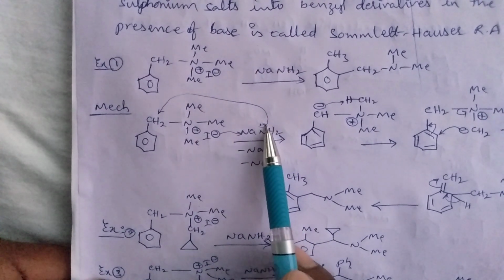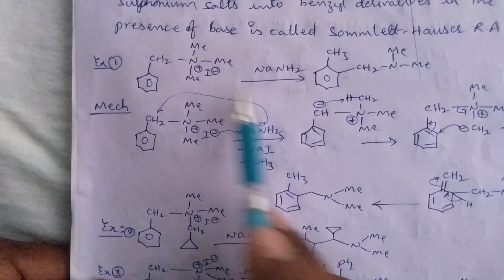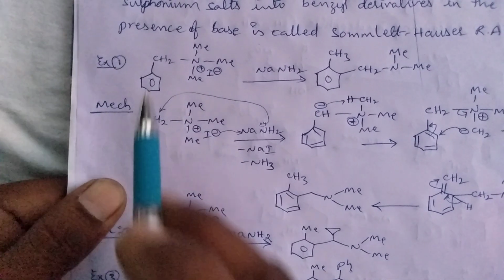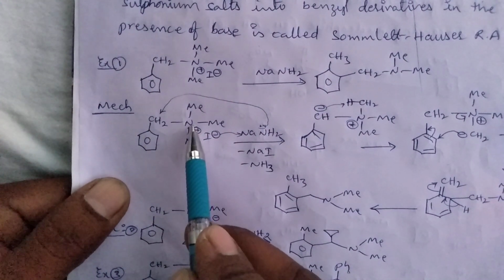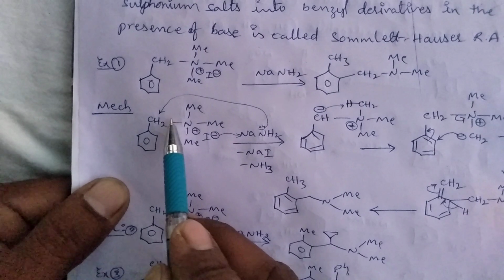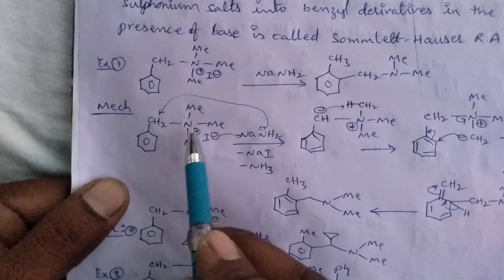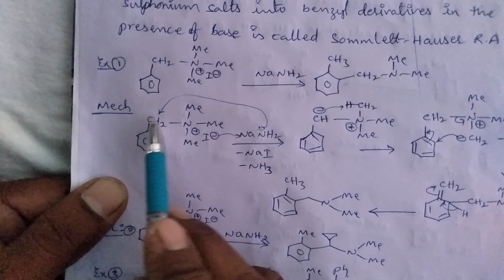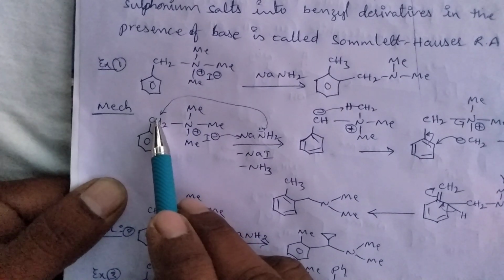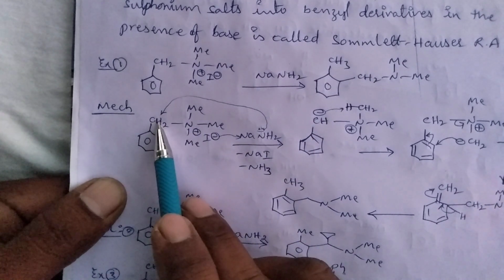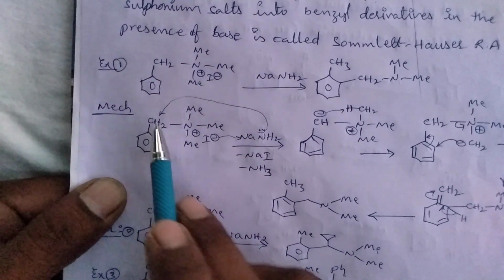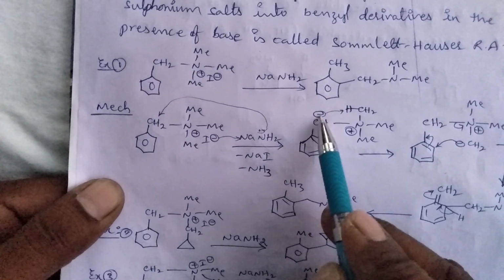So the negative part, NH2 minus, abstracts the H plus ion from this carbon center, because here, due to the presence of positive charge on nitrogen, it easily abstracts the bond pair electrons from adjacent carbon centers. Therefore these carbon centers have acidic nature, so it easily abstracts the H plus ion from this carbon center compared to these three carbon centers, which is the more acidic carbon. So this carbon center easily loses the H plus ion and produces negative charge on this carbon.